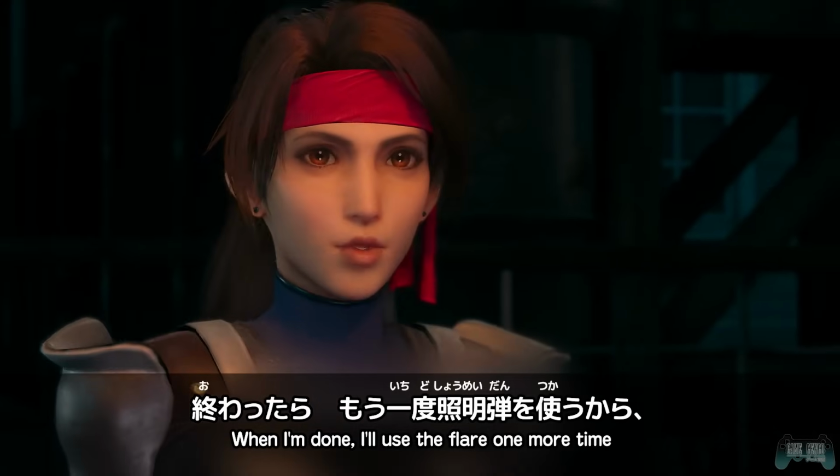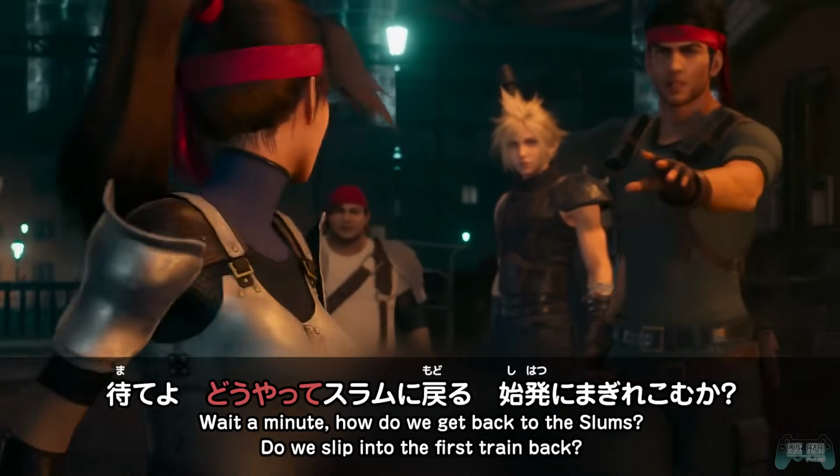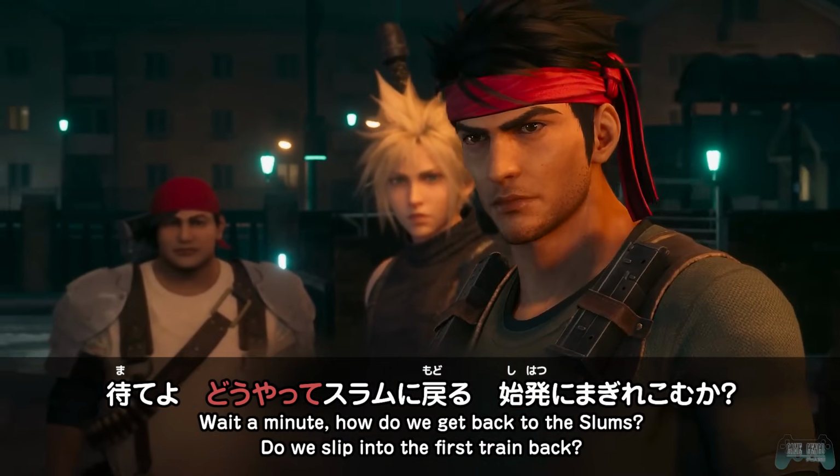終わったらもう一度照明弾を使うからこの先の空き地でお茶を。 待てよ。どうやってスラムに戻る? 始発に紛れ込むか? どうやって